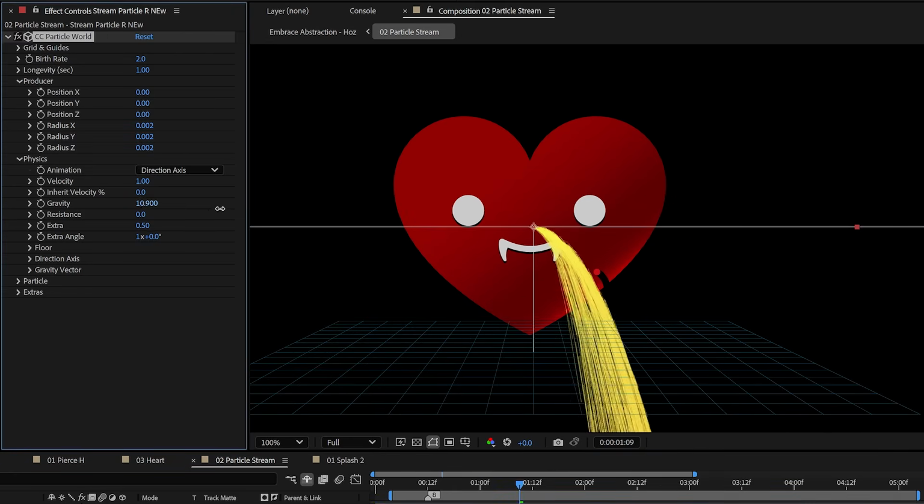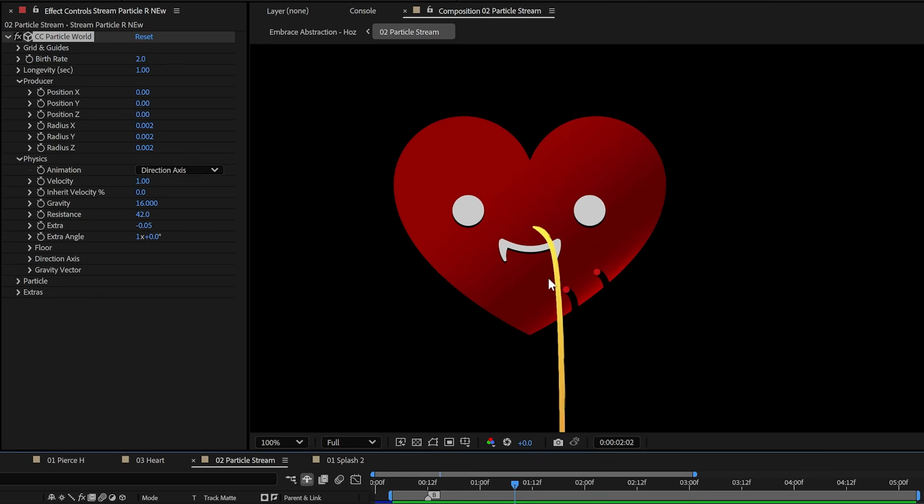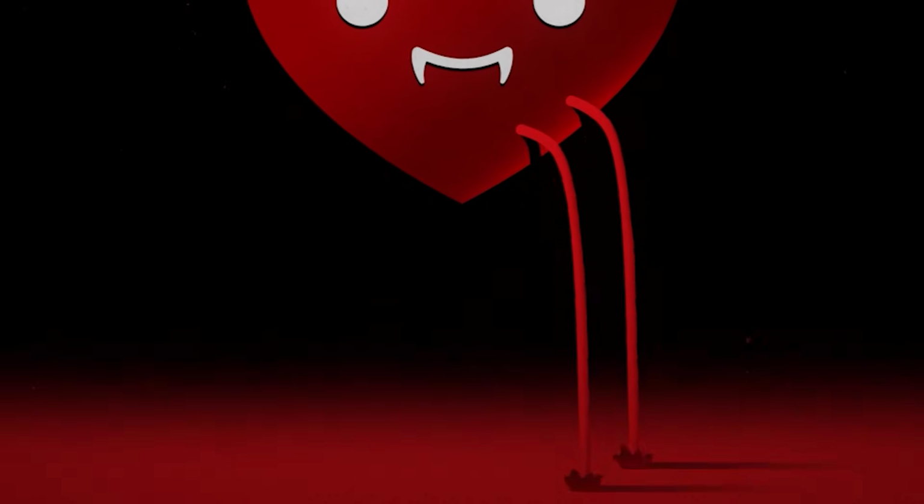I increased the gravity way up and the resistance, and lowered the extra as well. Now, I don't use particles often, so really I was just messing with the settings until it matched the rough shape of the designs. Now, it was important for me to have that stream pulse and vary as the heart